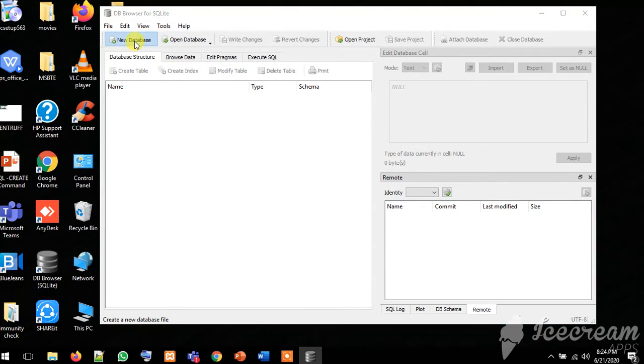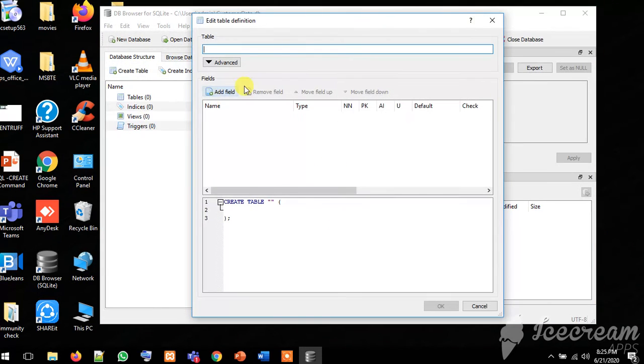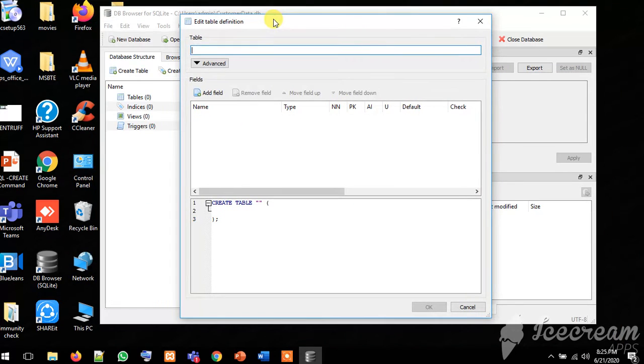Whenever you want to create any database, you need to create new database or select existing one. So this customer data is my database.